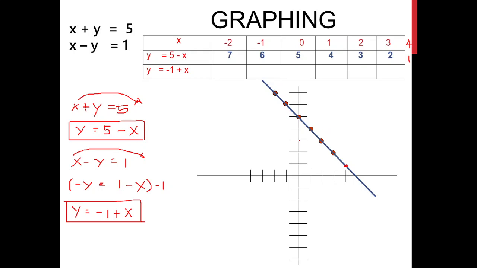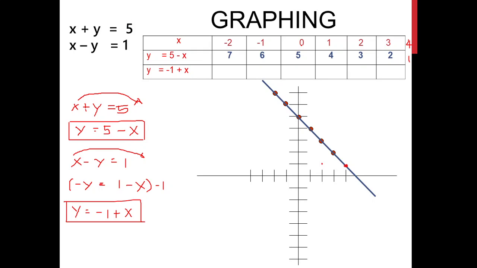Any point outside the line is not a solution. So let's say here, I'll pick a point here, say for example this one. When x is equal to 2 and then y is equal to 1. Y is equal to 1 is not equal to 3. Right? So outside the line is not the solution. All the points here along this line is a solution of our first equation. Okay? Now let's proceed on our second equation.